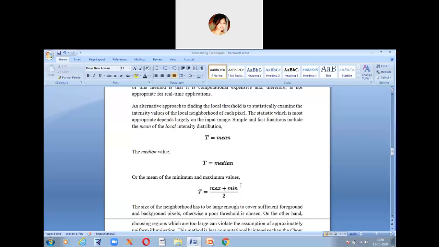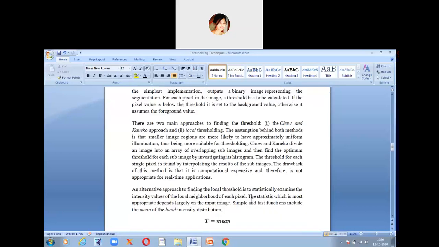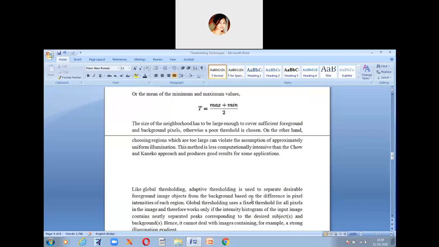Then you talk about adaptive thresholding. It also talks about two approaches, where local thresholding is computationally less expensive than the first approach.